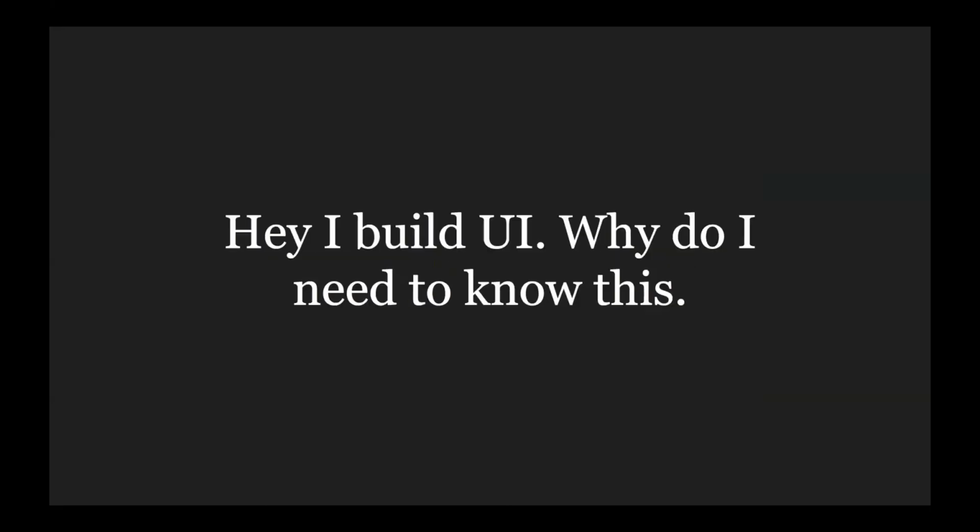So most of the times when I talk about Webpack internals, I get this common question from everyone, like, hey, listen, I build just UI and front end. I should be more focusing on optimizations of React or any other framework. Why should I know about this? Is there any need?